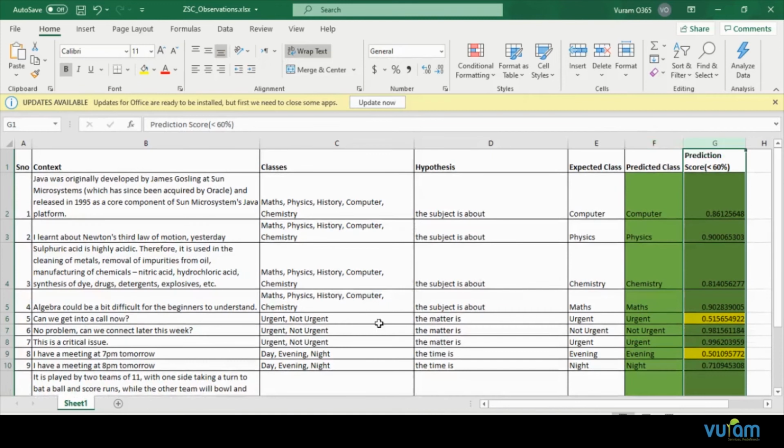So as you can see, in this particular context, "can we get into a call now?", it has predicted as urgent, but the score is 0.51. So hence it is marked as yellow. And here, "I have a meeting at 7 p.m. tomorrow", which is evening, is marked as evening, and the prediction score is 0.5.